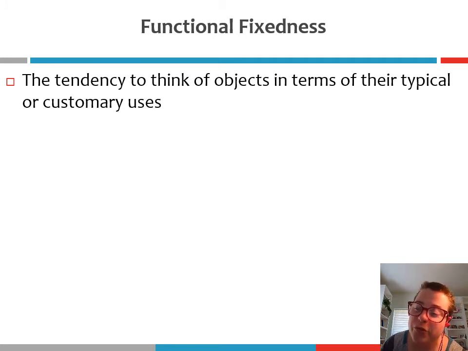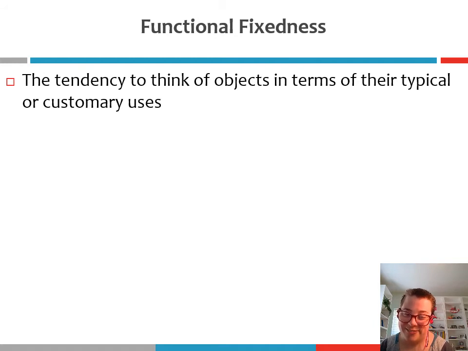So both the two strings problem and the candle problem require you to use these objects in an unconventional way, right? So in the candle problem, instead of using the box of matches as a container for matches, you're instead using it as a shelf or a support for the candle, right? And in the two strings problem, you're using the pliers as a weight or pendulum